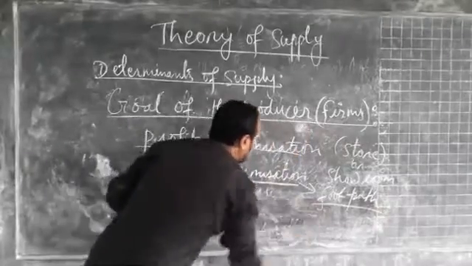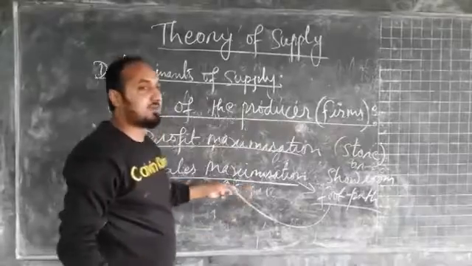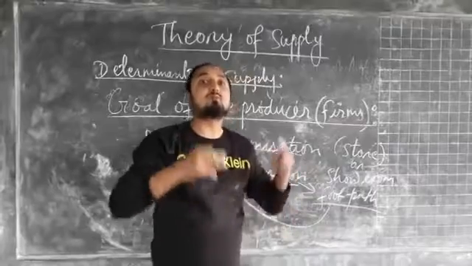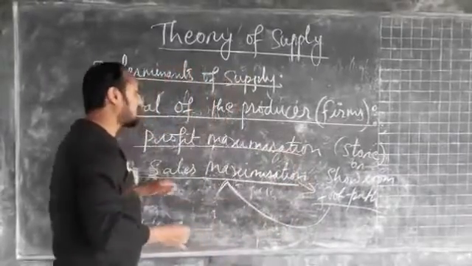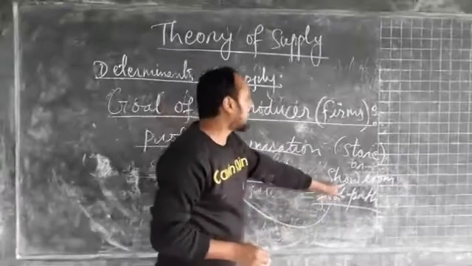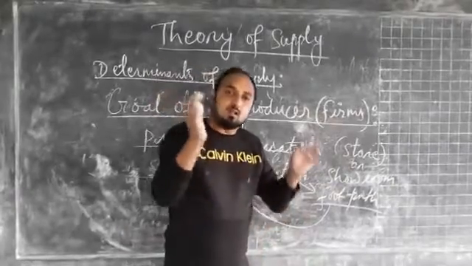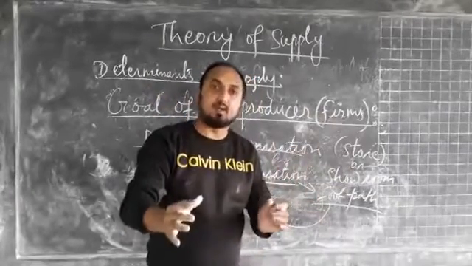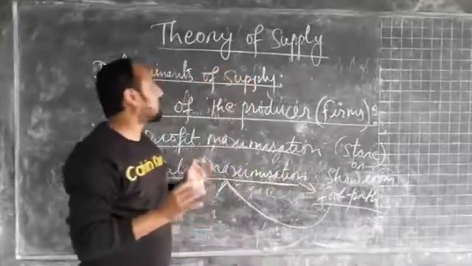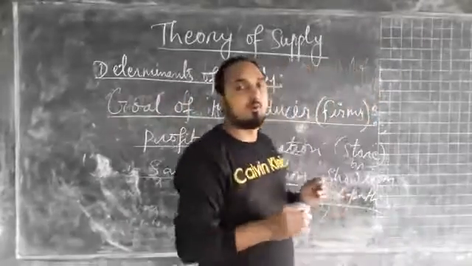So the one who is selling their products on the footpath, their objective is sales maximization. So here also they will earn profit, but by selling the maximum number of clothes, they will maximize their profit. Here, in contrast to sales maximization, we can take the example of a showroom or store, where their objective is to sell a smaller number at a higher price so that they can maximize their profit. So these are the very important points that affect the supply of a commodity.